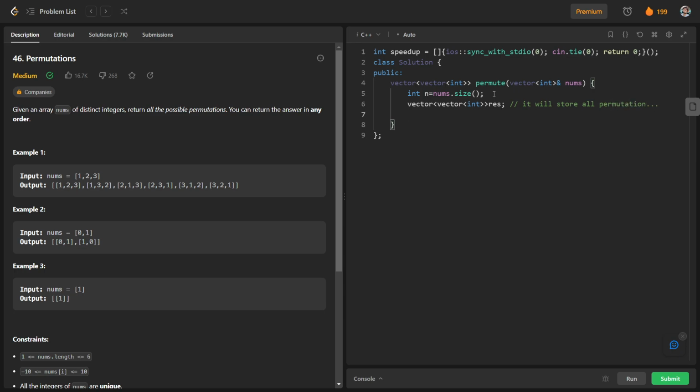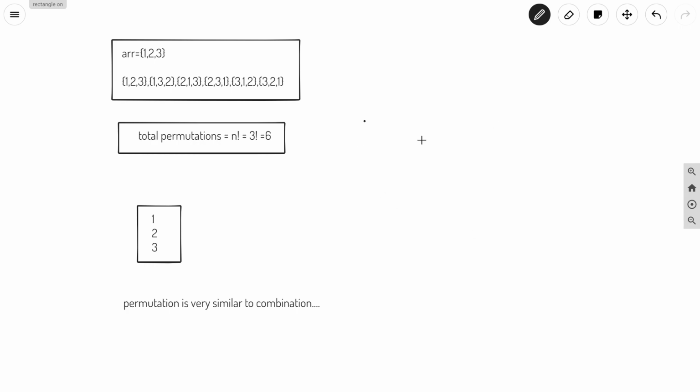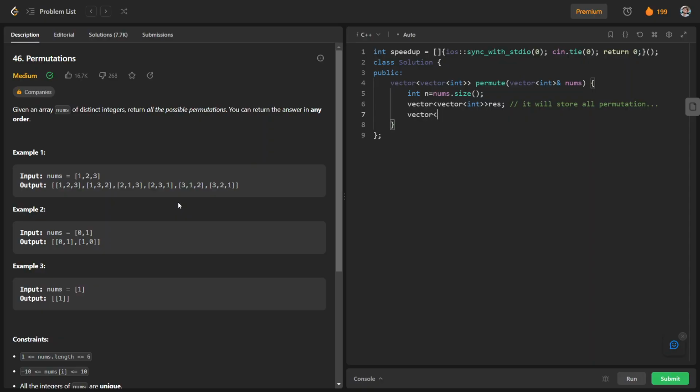We will also have a particular vector with us. I have told you that we will have a vector for each permutation, so we will have a vector of int called perm. So what does it mean? It is a particular permutation.